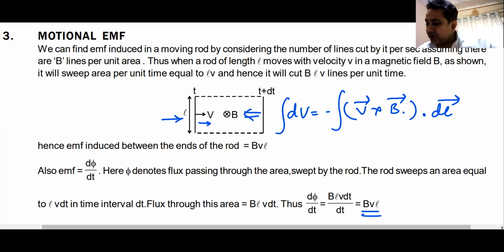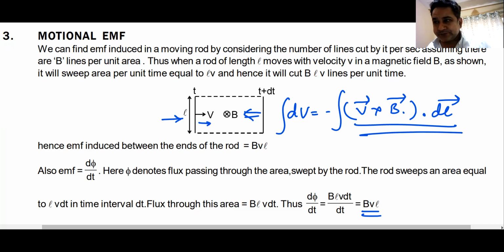Do you remember this or not? Yes, sir. Do you remember that this is a scalar triple product and there is a special property of scalar triple product? What is that property? If three are mutually perpendicular, then the product of magnitudes. What is the property of scalar triple product which is useful to us right now? If any two are parallel, the scalar triple product becomes 0, and that is what you need to remember and understand.